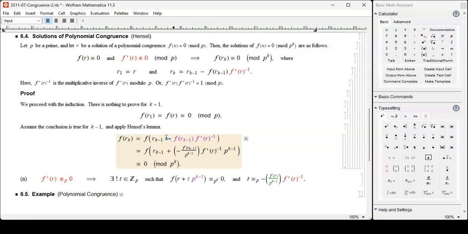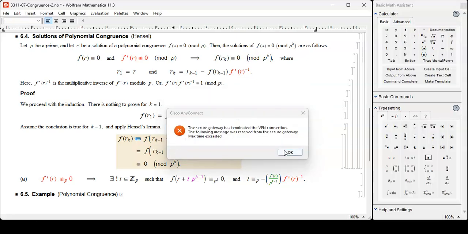No, I need negative as well. This is positive. So we can rewrite it as positive, and then we put negative here. And then f of rk minus 1 over p to the k minus 1 power, and then p to the k minus 1 power again here, so that no change. And consequently, this entire thing,